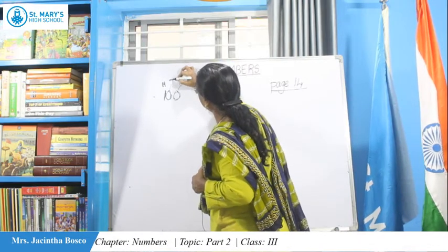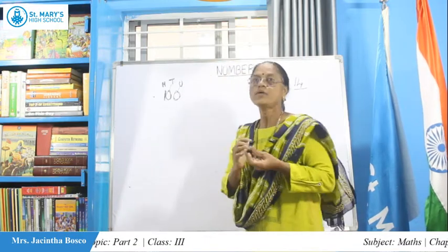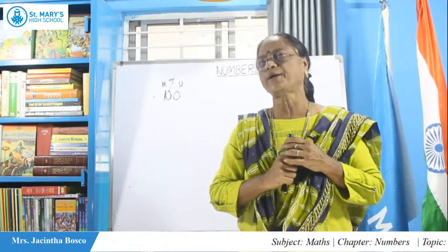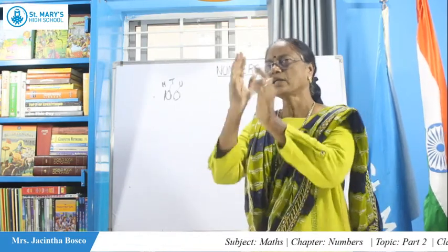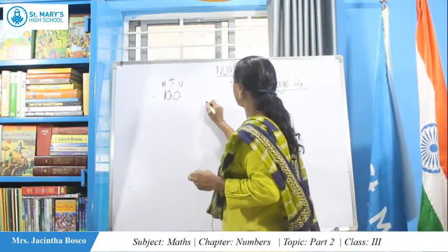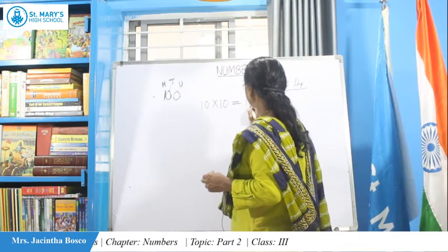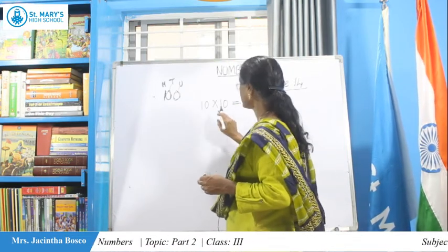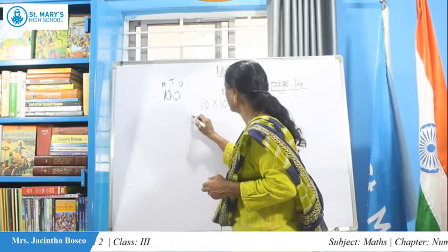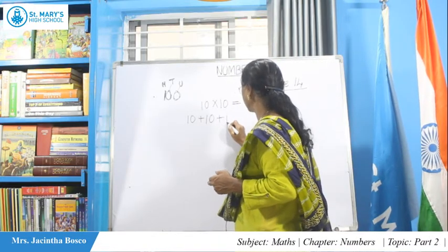So now how many bricks are there with Mayuri in the courtyard? We have 100 bricks. So how did she lay those 100 bricks? She laid in each row 10, 10, 10, 10. That means 10 tens are 100. Each row she has 10. That means 100. Now how can you do this? In addition form, you write 10 plus 10 ten times, you will get it.